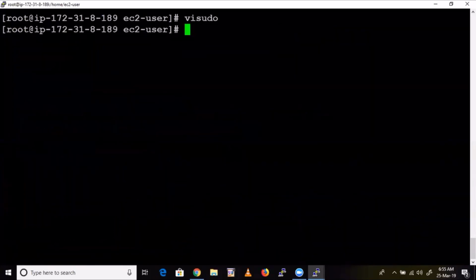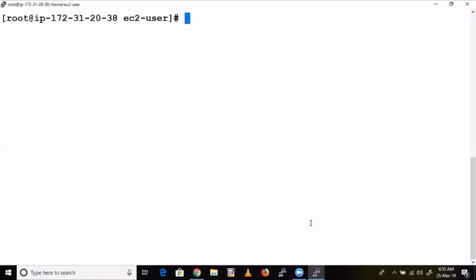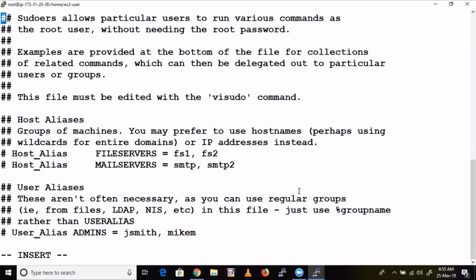Fine. So do the same thing in all machines, guys, because that user is there in all machines, right? So do the same thing in all machines. visudo. Now come down.